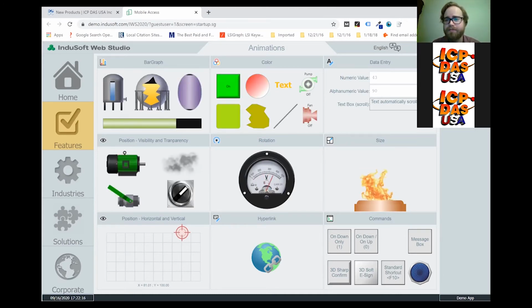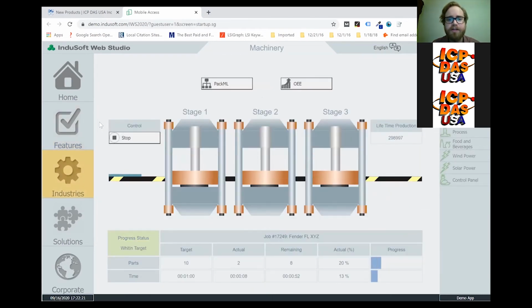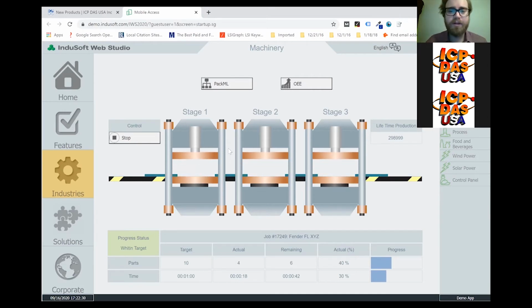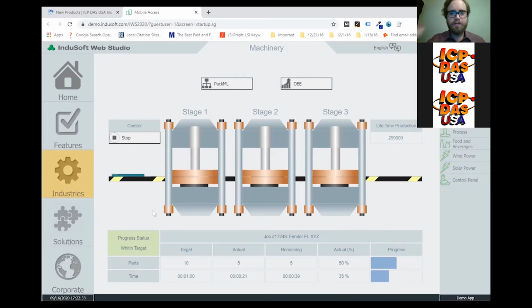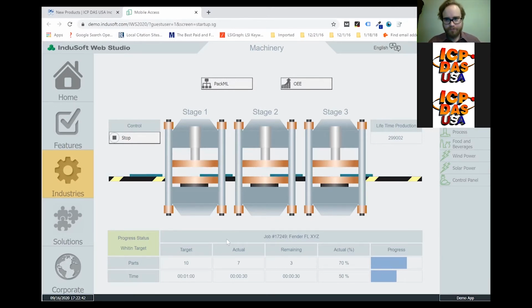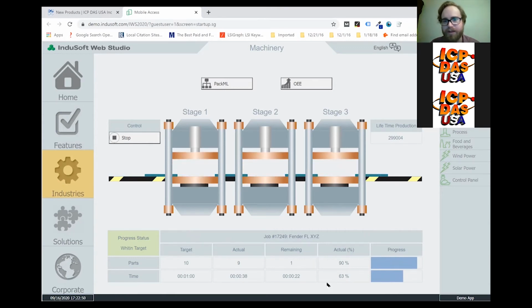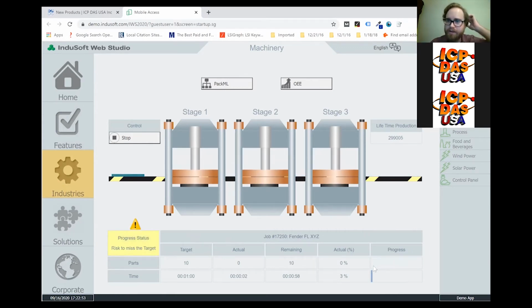In fact, let's look at some now, actually. We're getting into our industries. This is a basic conveyor belt, and you can see how we have some pretty basic controls, start and stop. In addition to controlling the start and stop function in this example, we're actually looking at production efficiency. So we're comparing the production process to an ideal production rate to get an OEE